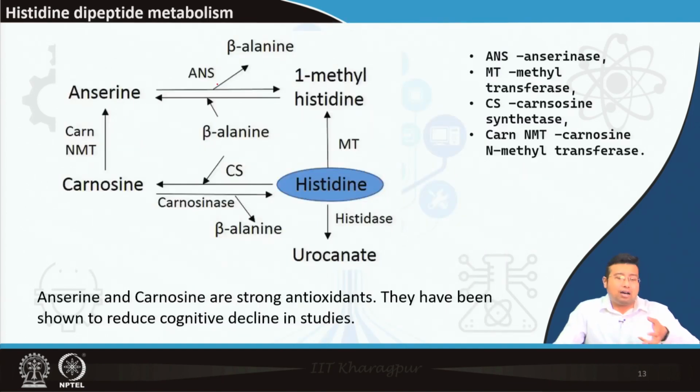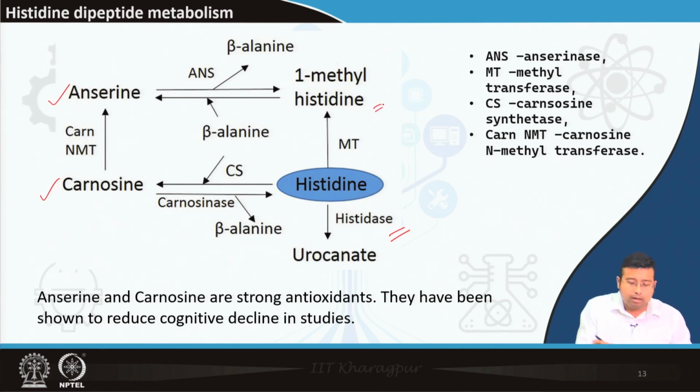There is another dimension of histidine metabolism, that is metabolism of dipeptides. This is not the normal way in which histidine is metabolized; the preferred way is the histidase and urocanate pathway. Nevertheless, histidine is also involved in synthesis of compounds like anserine and carnosine, also 1-methyl histidine, by action of multiple